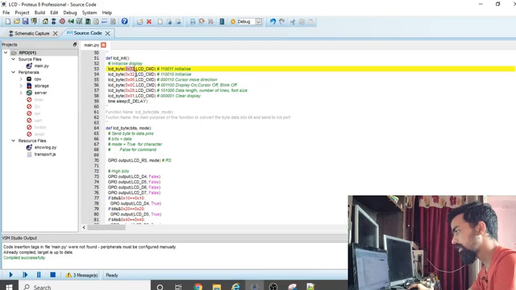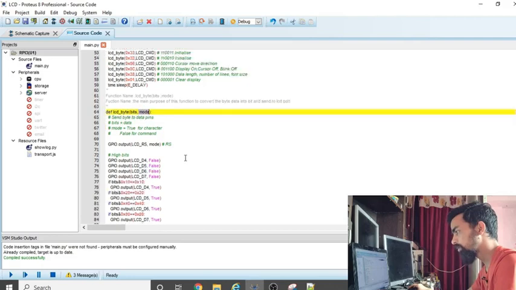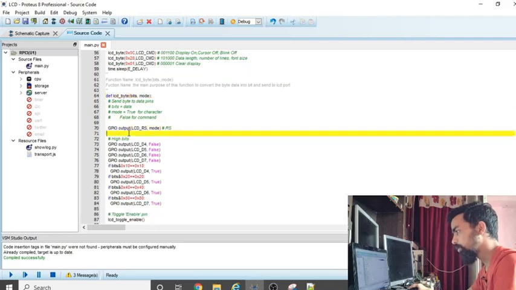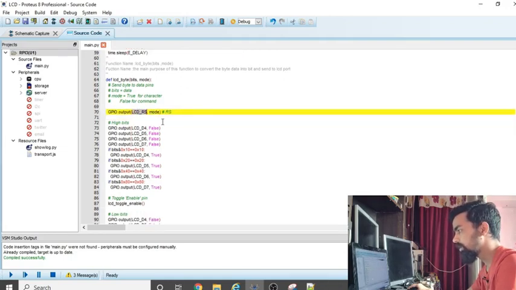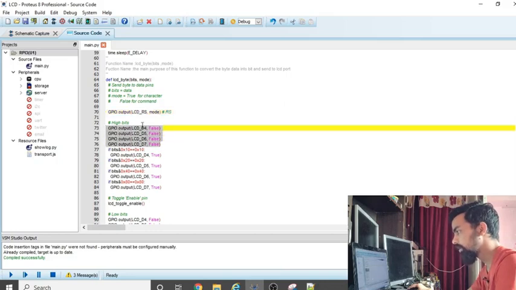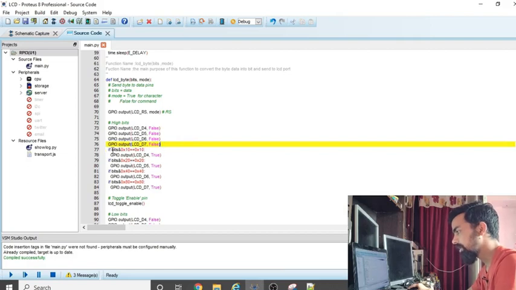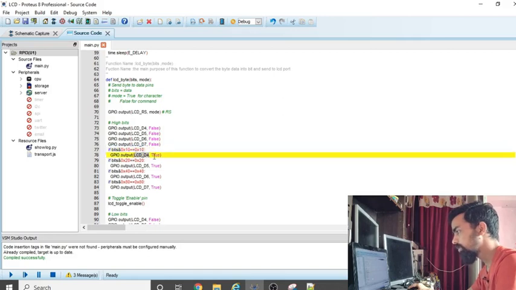First we are sending 0x33, then lcd_byte gets it here. The mode is command because we are sending a command. Then GPIO.output sets the LCD RS pin to the mode, that is command, which is 0, meaning a 0 signal is sent on the RS pin. Then by default we send a 0 signal on each and every pin D4, D5, D6, D7. After that we check if the first bit masked with 0x10 is equal to 0x10. If so, we send D4 to True.